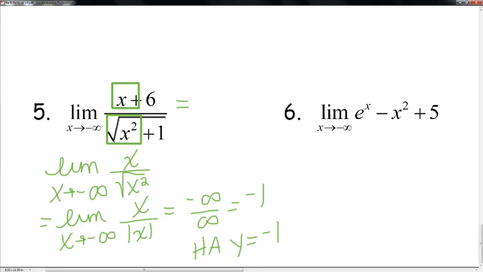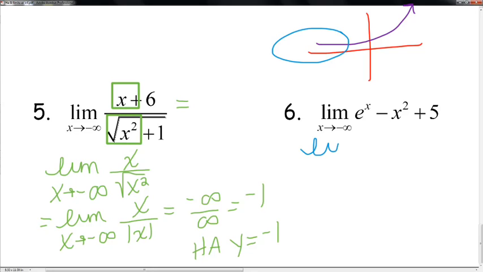So now let's go over to number 6. In number 6 I have an exponential, and if you remember I drew an exponential for you, and so e to the x looks something like this. And e to the x, if you look at it, as it approaches negative infinity on this side, it's getting really close to 0. And so I'm going to go ahead and do direct substitution. So if I plug in negative infinity, so I have the limit,